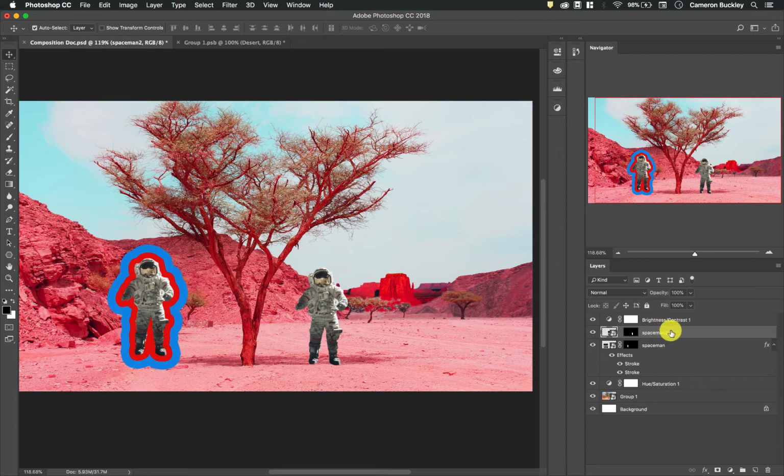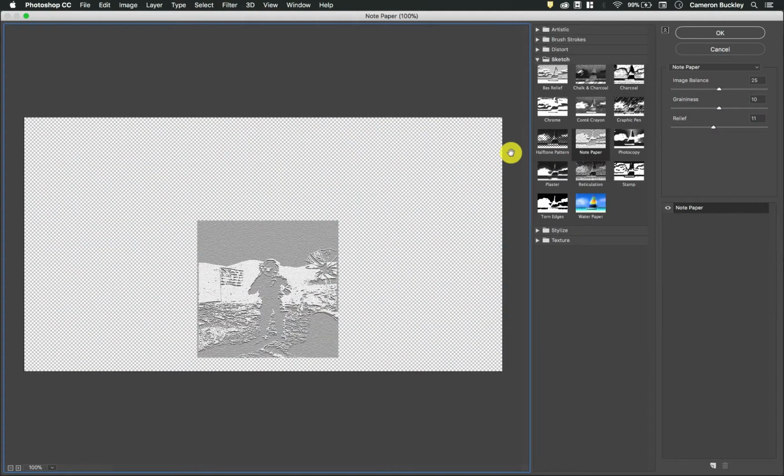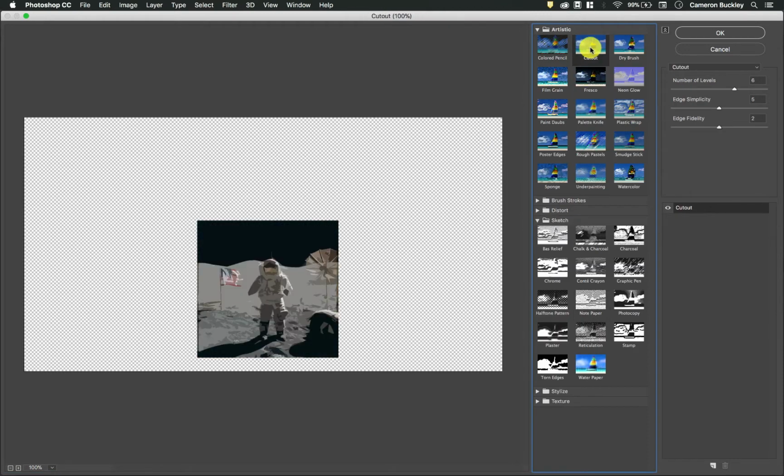I just select a layer. So I selected my Spaceman 2 right here. I go to Filter, and there's filters within this drop-down menu, and then there's also the filter gallery. I'm going to click the filter gallery. Within here, there's various different filters. Let's pick cutout. We can change settings on it and hit OK. Or we can keep adding more filters by clicking this new button,